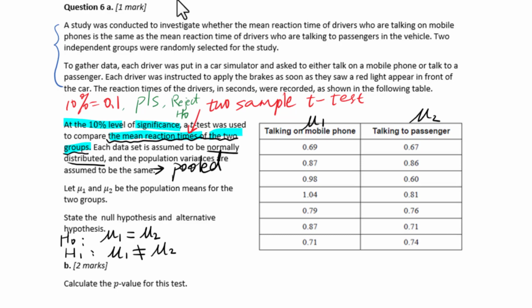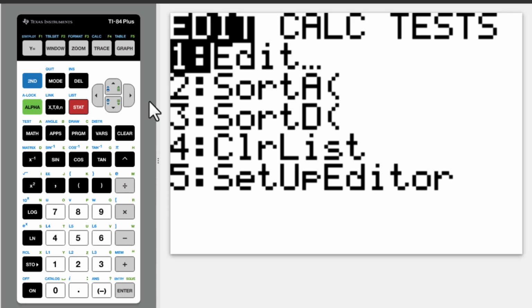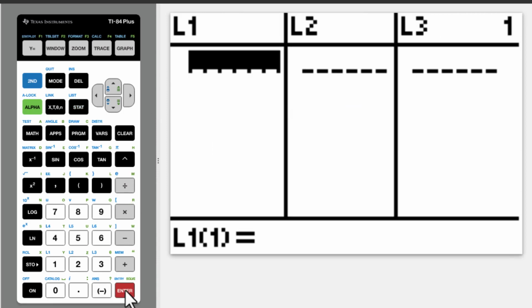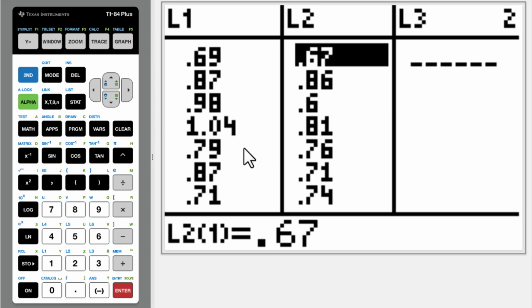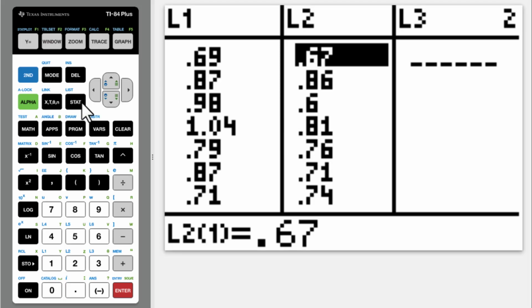We will put two sets of data into L1 and L2. Go to Stat, Edit, put the two sets of data in L1 and L2 separately. After you put two sets of data in L1, L2 separately, go to Stat,